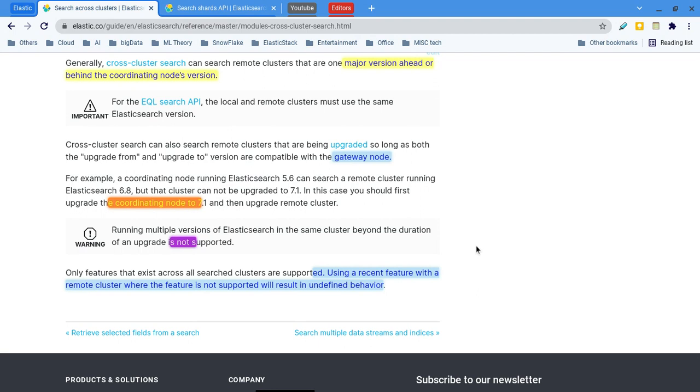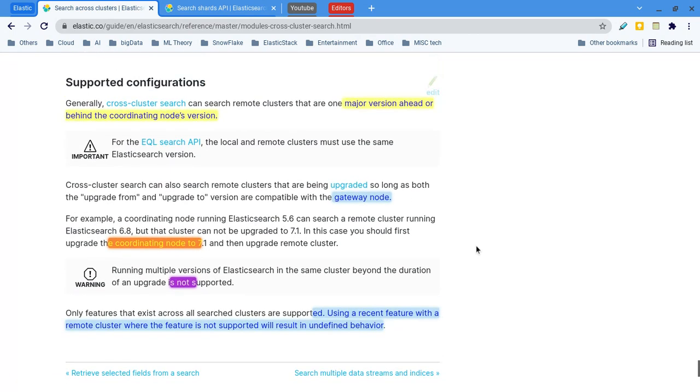If the remote cluster is 7.x, it will work. Similarly backward also, if I have 6, then 5 also I can send to, but the good practice is to make sure all the clusters in cross cluster search are the same version. Otherwise it may ignore your request, or it may send an empty result, something like that. So there is version compatibility.